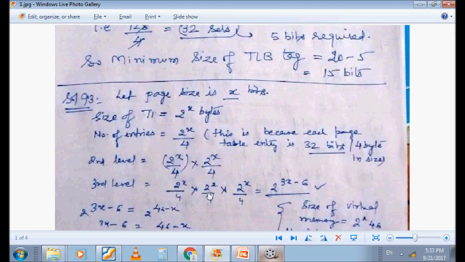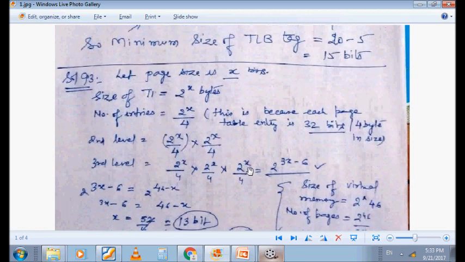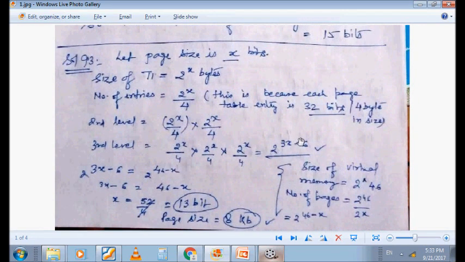So if we simply solve it, it will become 2x into x and x plus x, 3x, and this 4 to the power 2 minus 2 to the power minus 2, so 2 to the power 3x minus 6, and this total is equal to total of 2 to the power 46 minus x. 46 minus x, again, how is it? 2 to the power 46 is total